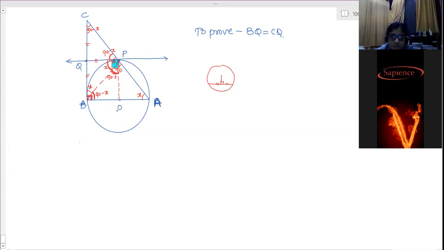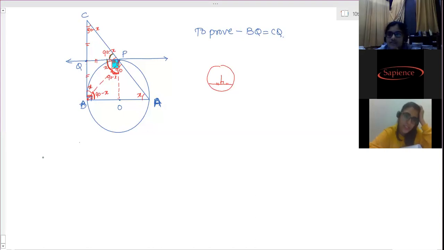So what do we have to do then? Anyhow, you have to prove this x. For that we have to do it, because there is no other method to find this as 90 minus x. If we have to show this is 90 minus x, we have to show this is x. Then only we can say that if these two are equal, then these two angles will be equal. For that you have to do this much. Any other method is not there.